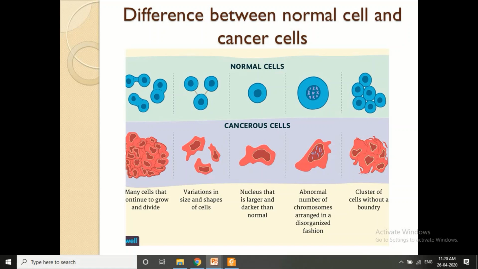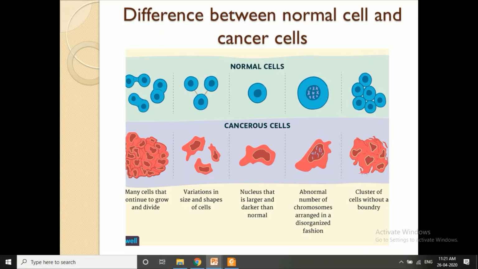In this image I have given the differences between a normal cell and a cancerous cell. The top blue lines are the characteristics of a normal cell, and the red ones below are cancerous cells. What is the first difference? Many cells continue to grow and divide. Normal cells have limited growth and proliferation, but in cancerous cells there is no limit, they keep on growing. The second property is the size and shape of the cells, which is uniform